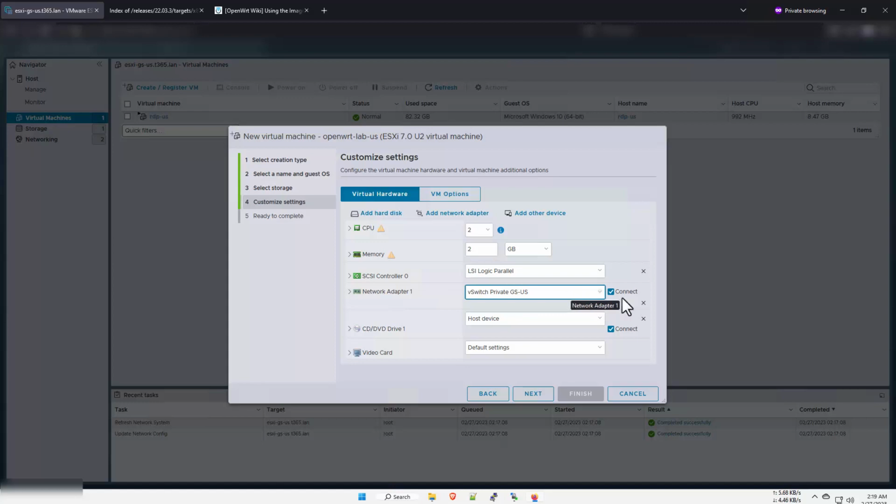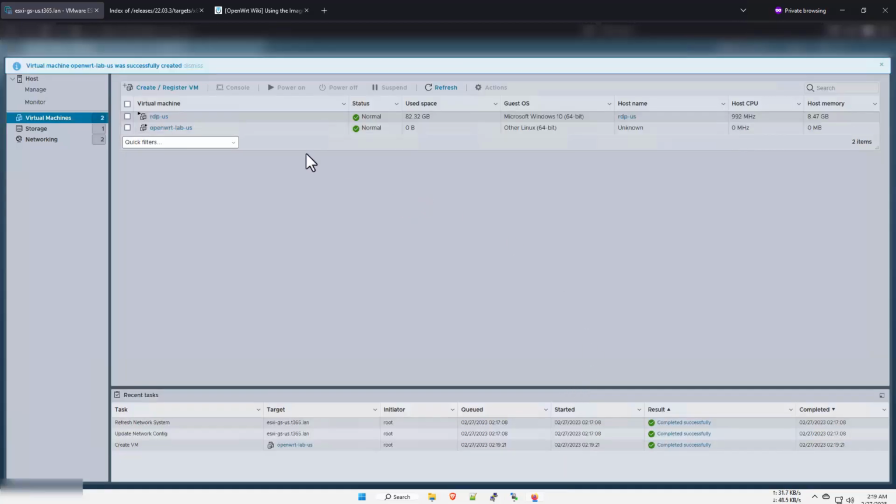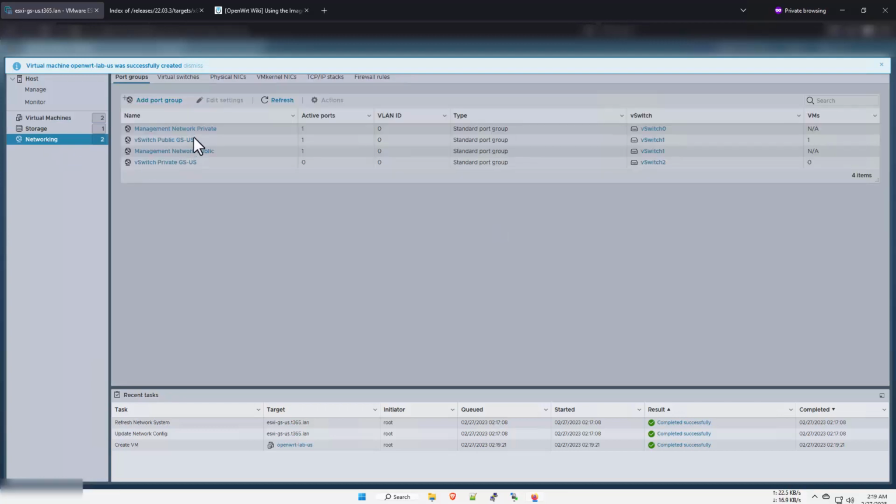We're gonna remove all of these things because we're gonna set it up again after deploying the VM. Okay, so we have the VM ready in here, but we need to create a port